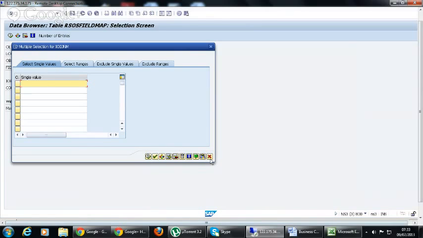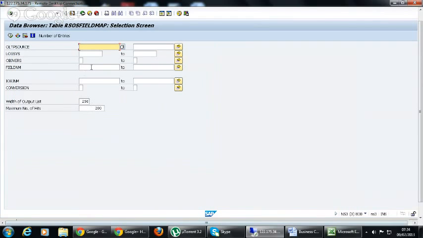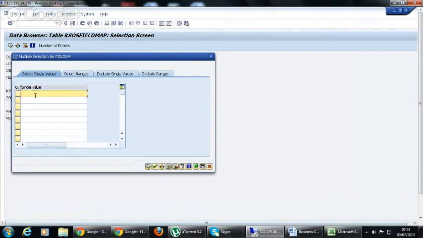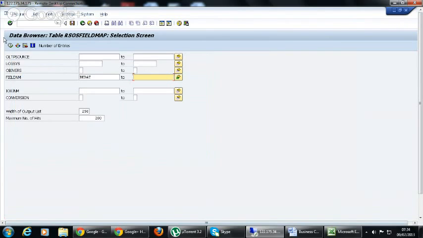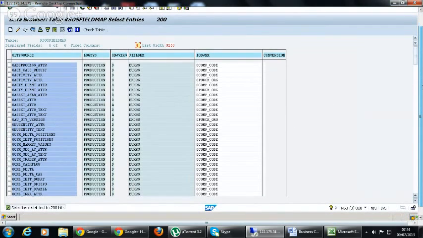But it's supposed to have entries for this because there are famous key fields like EKORG. So let's try another one. We are trying field names, giving field names and trying to get the output of info objects.